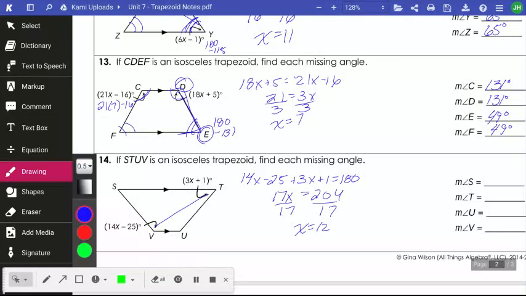So if I'm finding angle S, well, angle S and angle T are congruent. So if I can find angle T, then I can find angle S. So I'm going to plug in 12 here so that I can get 37 for angle T, which in return, since these are base angles, angle S is also 37. Now I could plug 12 into 14x minus 25, or I can do 180 minus 37, and I can find angle U and angle V at the same time because they're going to be congruent, and I'll get 143 degrees because angle T and angle U are supplementary, or angle S and angle